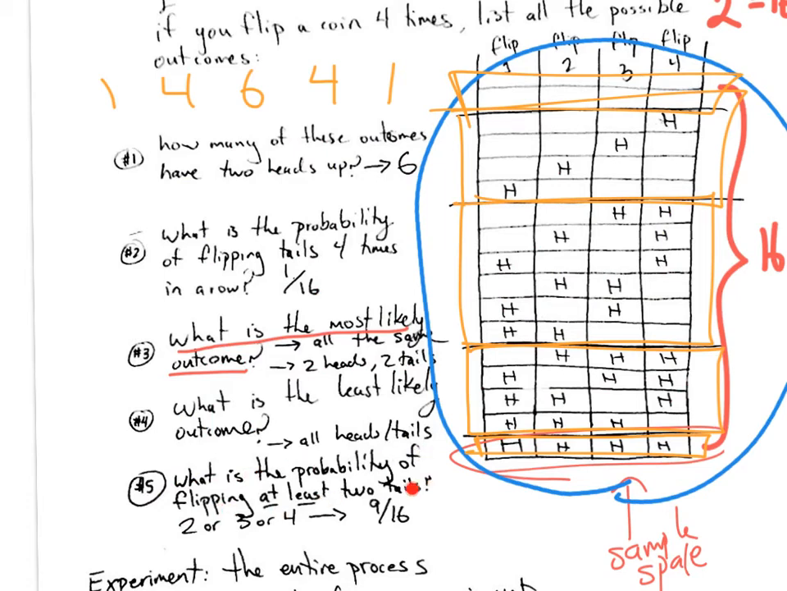So that means we could have at least 2. So we could have 2 tails up, we could have 3 tails up, or we could have 4 tails up. So 2 or 3 or 4 tails up. So not these, but here. So we have 6 plus 4 plus